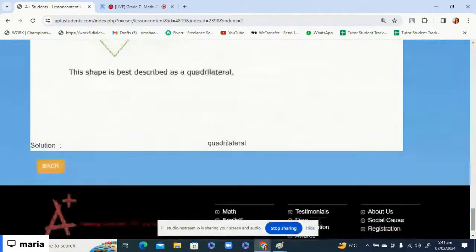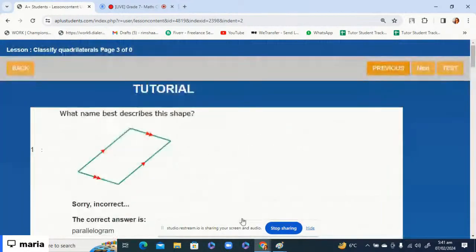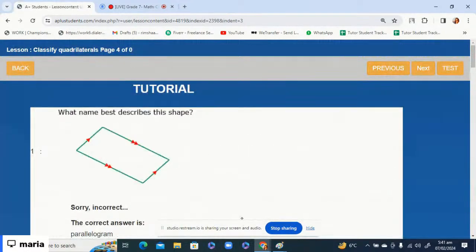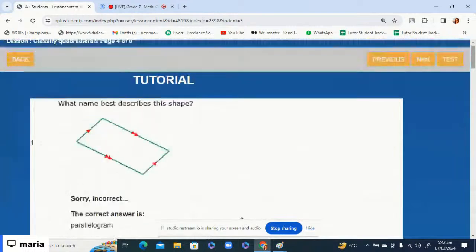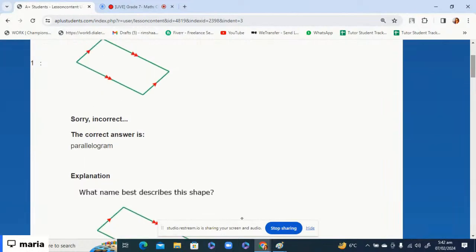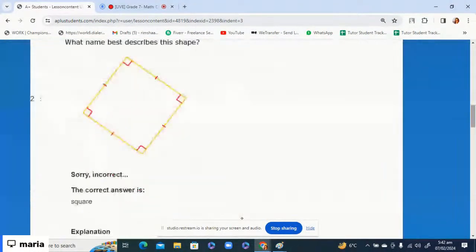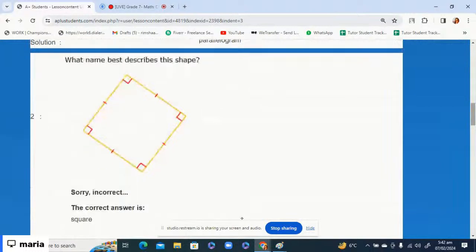It's again a quadrilateral. We already discussed this thing. Now look, is it a parallelogram or a rectangle? It's again a parallelogram, because in the rectangle all sides are straight lengths. Okay, which shape